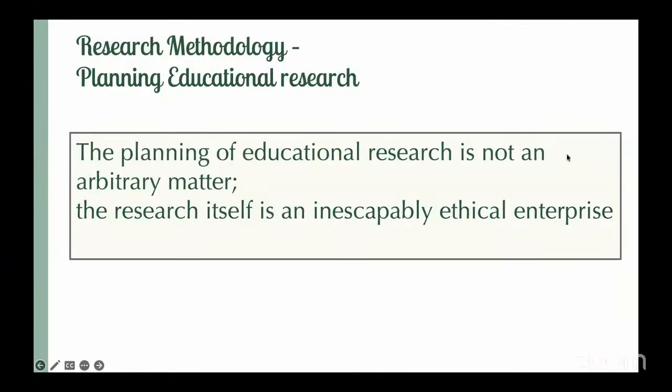Okay. So as I said, research methodology is planning. It's the planning of educational research, and it is not arbitrary. You have to really go into the review of literature and find what methodologies have been used. You have to go to your objective and research questions to see which method will suit your research better.